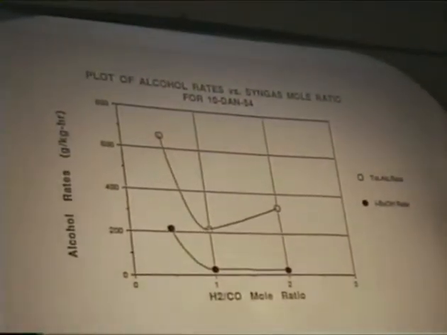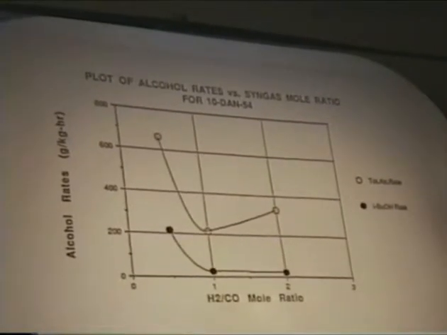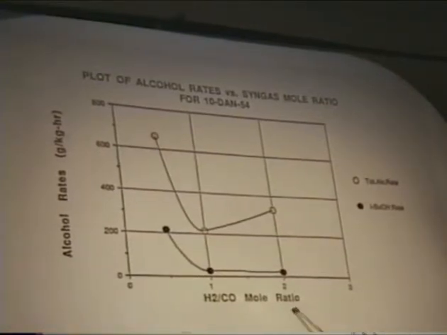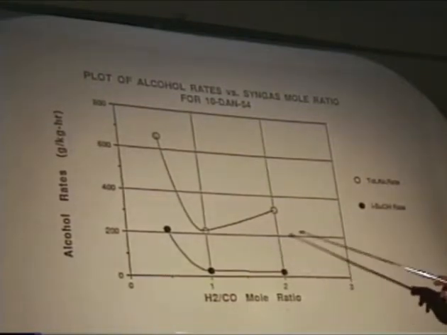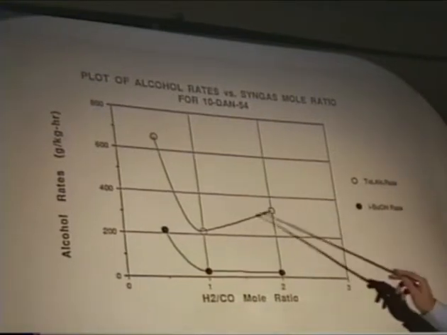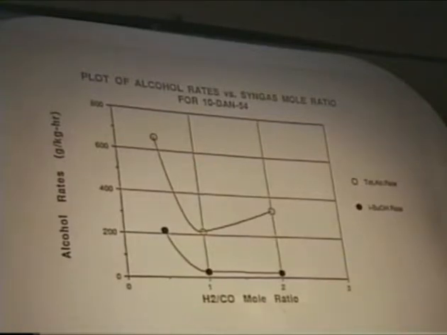Well, all these things seem to be relatively easily explained. We come to a problem now when we look at changes in the syngas ratio. Here we're changing the syngas ratio, the ratio of hydrogen to carbon monoxide, from a hydrogen-rich ratio of 2 through an equimolar mixture down to a hydrogen-lean mixture. And what happens here is the rate falls for the alcohol synthesis, the methanol rate falls, the isobutanol rate stays pretty constant. When we go to a 1:2 ratio,